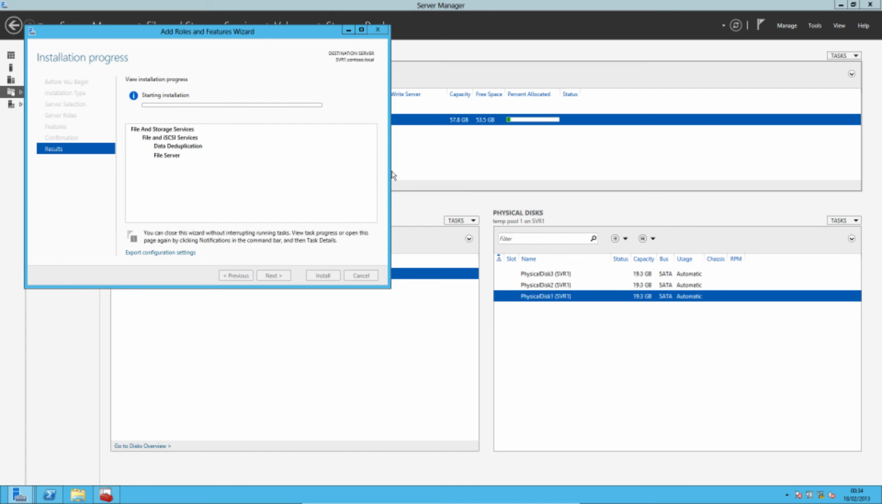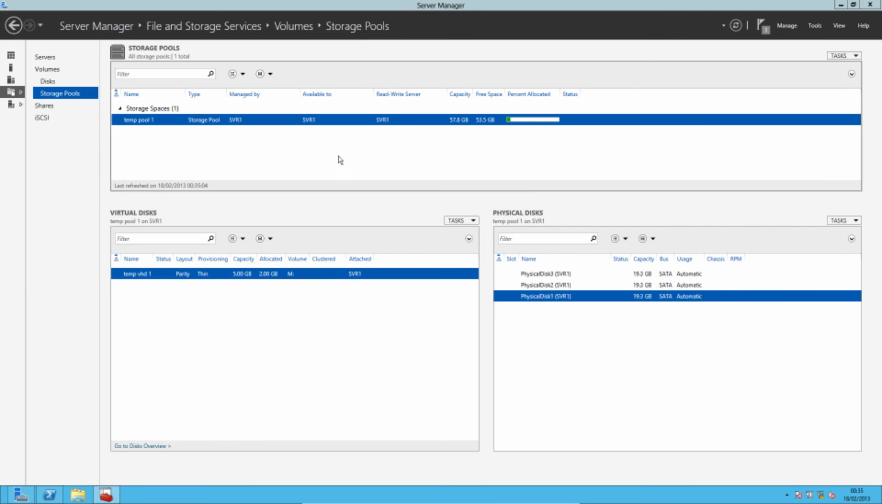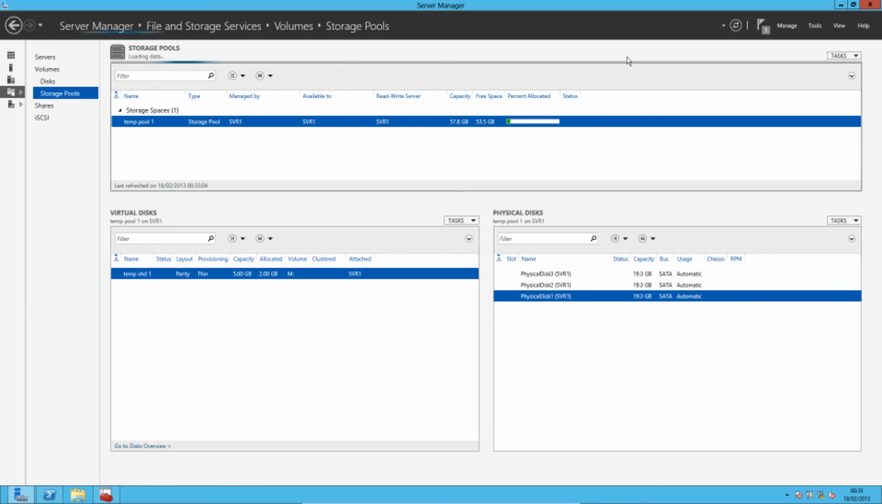It shouldn't require a reboot for Server 2012, and it shouldn't take too long to install at all. Data deduplication does add in a few PowerShell tools as well, so you can control this, like pretty much everything through Server 2012, by PowerShell if you really want to. So once I've had this added in and I refresh again,